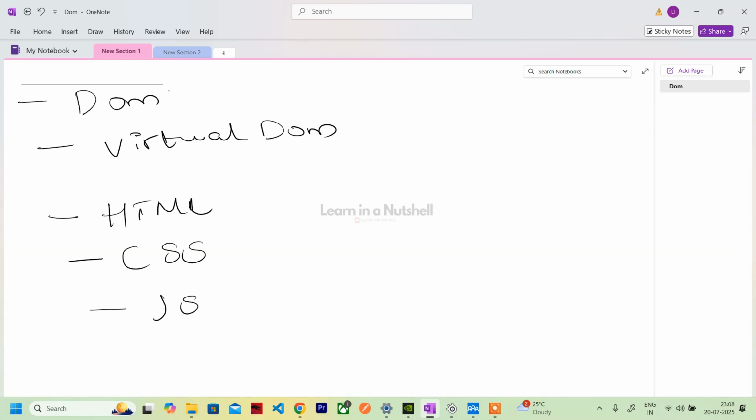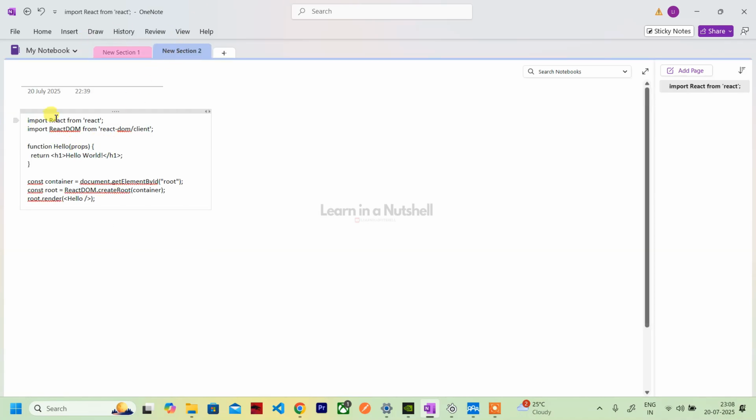So let's quickly see the code as well. I have a sample code for Hello World. We will go in detail about this code later, but React looks something like this. So import React from React. That is the library which will require React and React DOM slash client. That's the package that is required for that. And this is how you write the function. It's the same as JavaScript, but it will change as and when we proceed further. So this is a simple function for hello world. Then you have to create a container. We need to get the